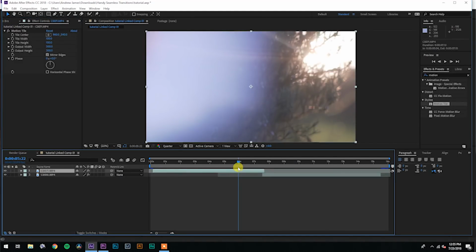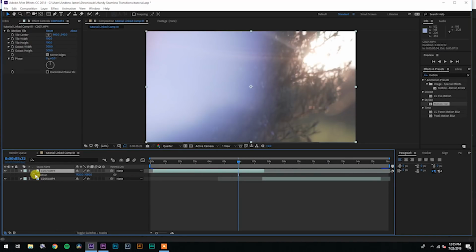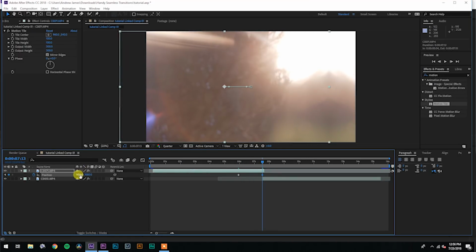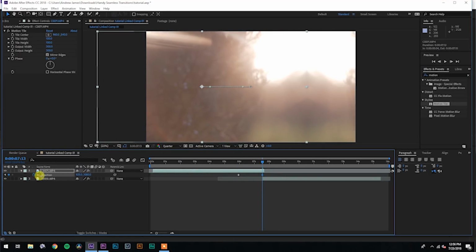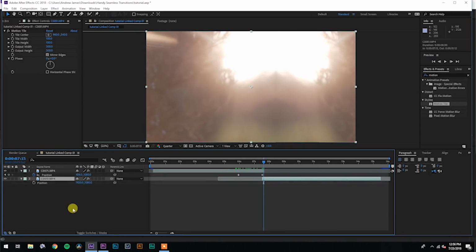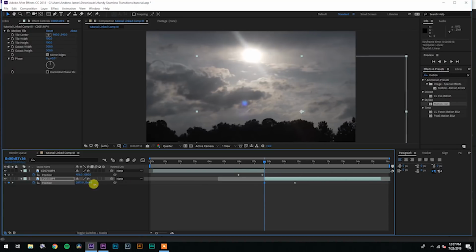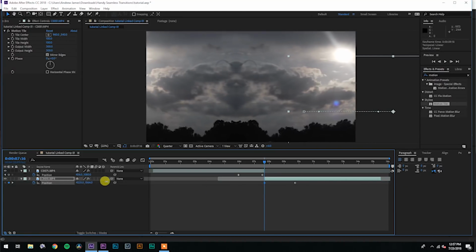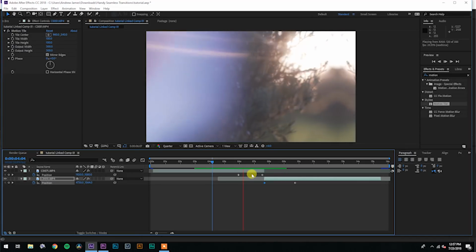The next thing you would do is you'd select your first clip, hit P on your keyboard to bring up position, you'd keyframe this position, go to the end of the clip, and then you drag over the clip horizontally as far as you'd want it to actually transition. I'm going to go about to there, and then you go to the next clip and hit P on your keyboard, bring up position, keyframe the position, and since this is the frame that we want it to end on, we're going to just drag this out a few seconds, and then go back to this first position number and drag it across horizontally. I'm going to go about there. So now if we RAM preview this,